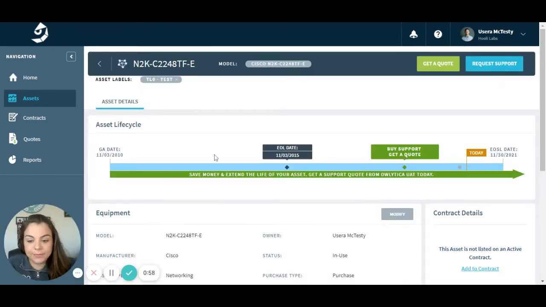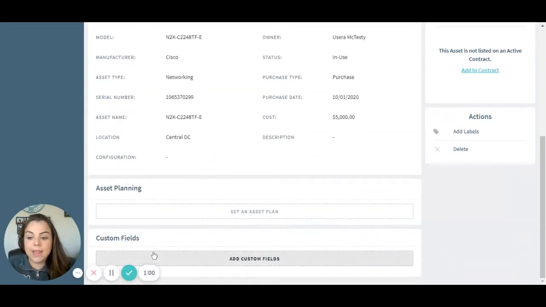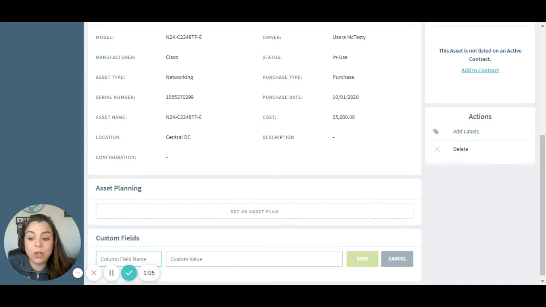So you click in, you scroll to the bottom, and then there's the field called custom fields. When you click it, it's going to ask you to do a column field name. One of the custom fields that we frequently see added is going to be cost center. And then you could add in this cost center